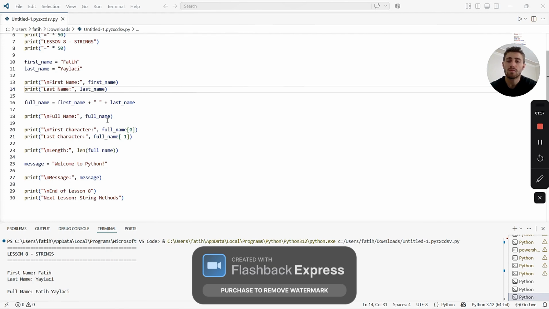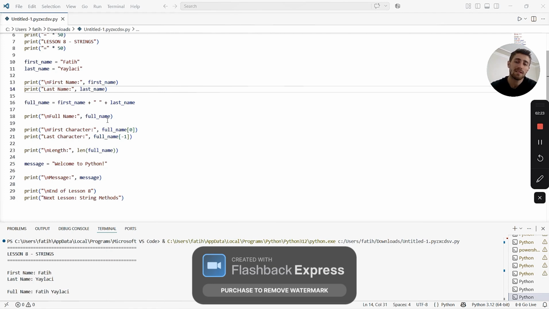Why do we use strings? We use strings to store and work with text, for example, names, email addresses, phone numbers, messages, passwords, and addresses. Without strings it would not be possible to build websites, games, chat applications, or login systems.